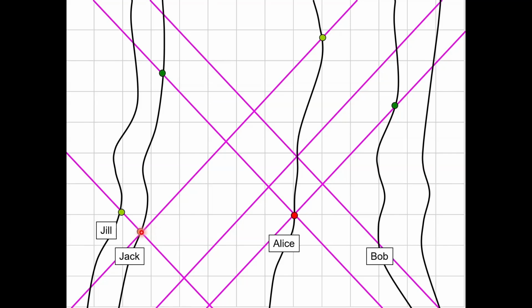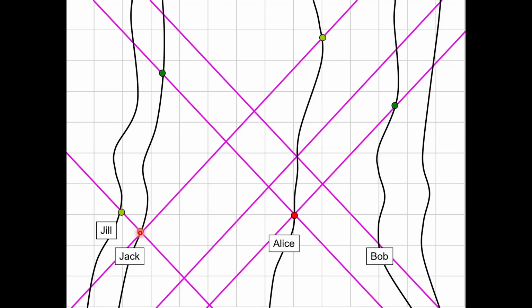So if we look at this point on Jack, it has charge values and information tracks that go through this point. So it creates field values along these information tracks in the upward direction. And if we look at this point on Jill, it has field value numbers that are correlated to the source, which is the charge values at this point on Jack. And the same goes for this green point over here on Alice. It has field value numbers that are correlated to the source, which is the charge values at this point in